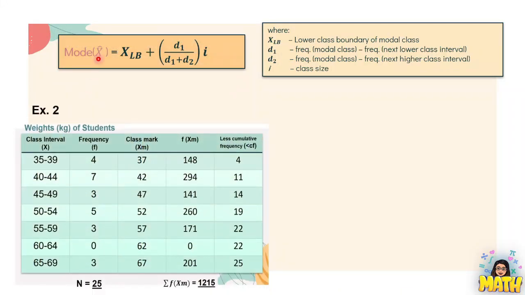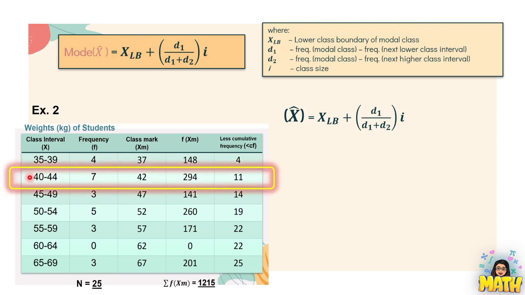Let's have another example for the mode. Before using the formula, it is good to find first the modal class. That is the class interval with the highest frequency. This is for the interval 40 to 44 because 7 is the highest frequency. Next, let us substitute the value of these variables. The lower class boundary of the modal class, 40 minus 0.5, that is